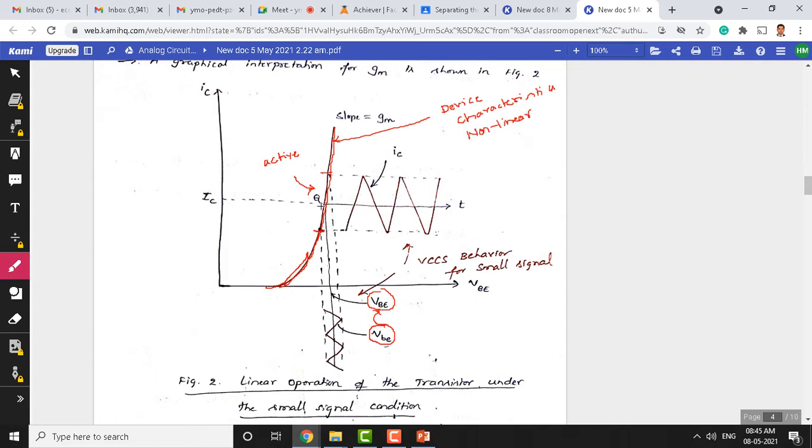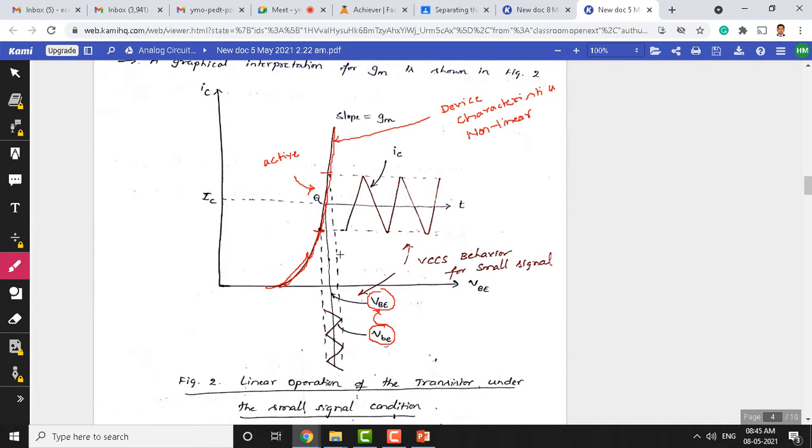It is exactly at the Q point here. That means the AC signal is oscillating at the operating point here. This is very important even to define transconductance here. So at this point, in the Q point, the transconductance that we have defined shows